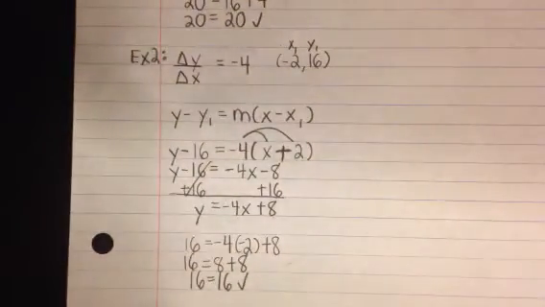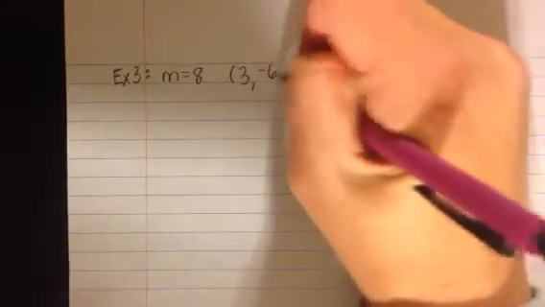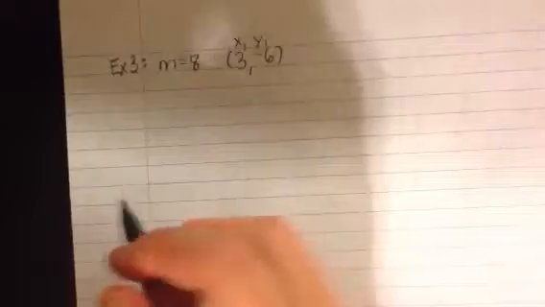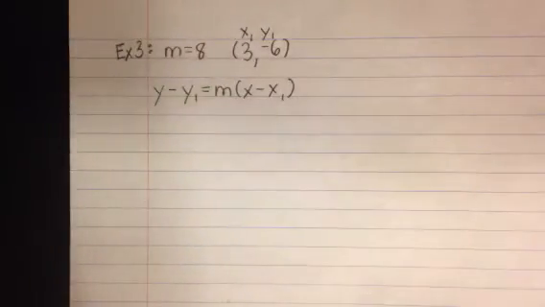So let's just practice with one more example. Example 3. Okay, let's look at m equals 8, a slope of 8, and a coordinate or point of (3, -6). So I'm going to go ahead and label this x1 and y1. So we get y minus y1 equals m times x minus x1. So plugging into our point-slope formula,